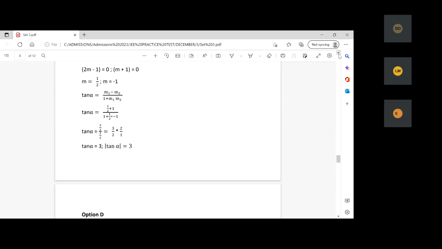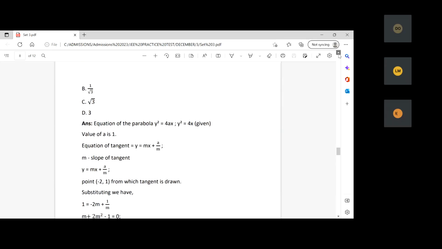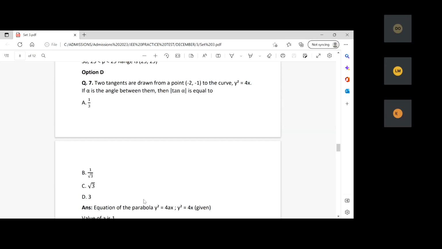So yes, I hope this question is clear. Those students who just want to look at it again, I have the question here. So just look into it. If you have any doubts, you can just type it in the chat box. So maybe I can repeat it, or else we'll move to the next question. And those students who feel like you are not able to get the answers correctly, you just want to refresh it again, you want to get back to it again,